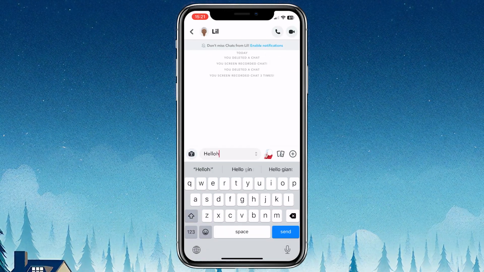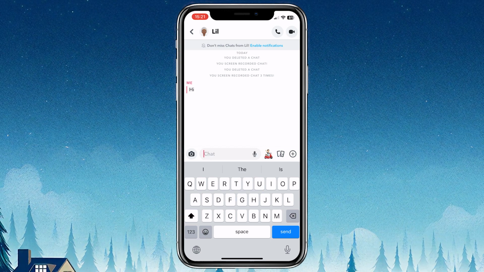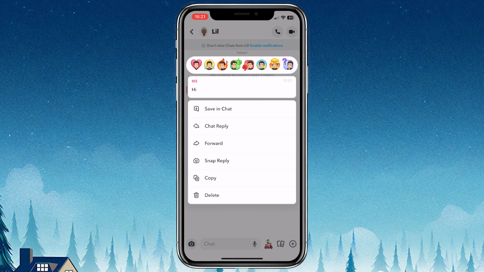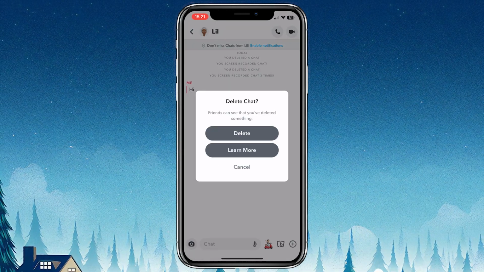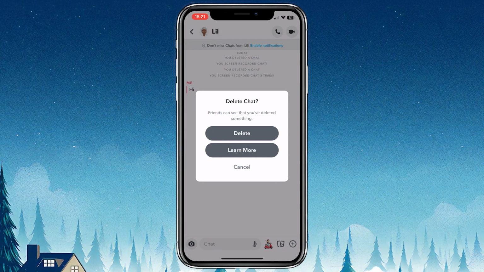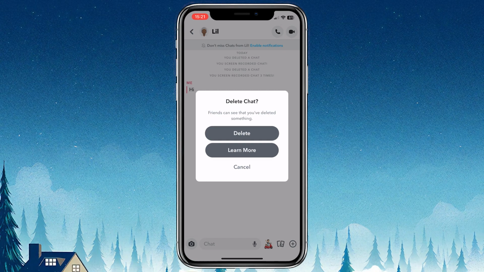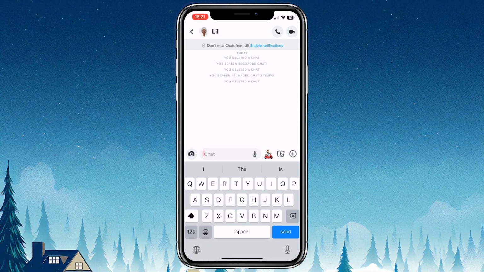For example, you want to delete a message you sent. Tap and hold your finger on the message you want to delete. A menu will appear with options such as copy, delete snap, reply, etc. Click delete. A message will appear notifying you that friends can see that you have deleted the post. Confirm the deletion. The message will be automatically deleted and the person you are talking to will be notified that